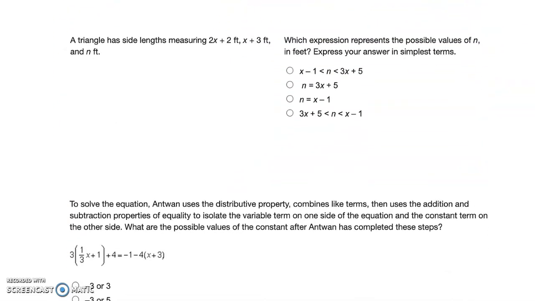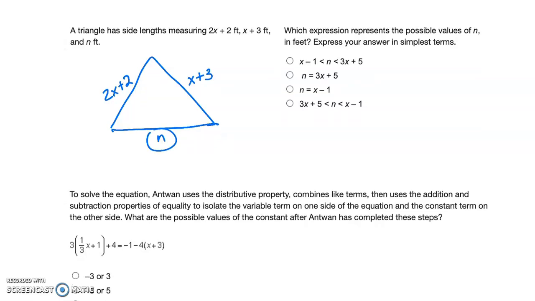The next one deals with side lengths of triangles. If I have a triangle, and one side is 2x plus 2, and the other side is x plus 3, and the third side is n, what are the possible lengths of that side? Now remember, this is where we have to add them and subtract them. So if we add these two together,